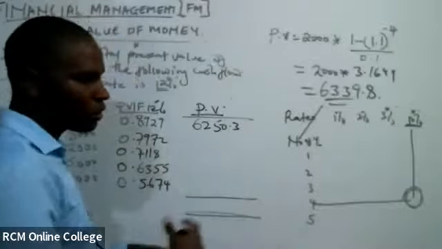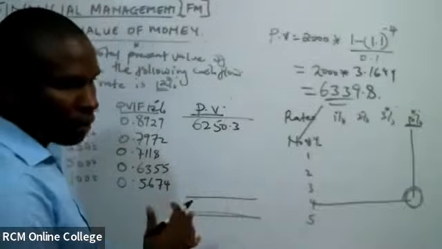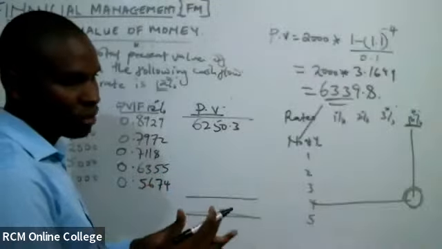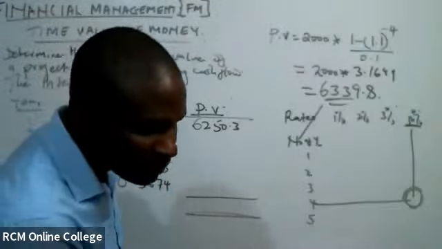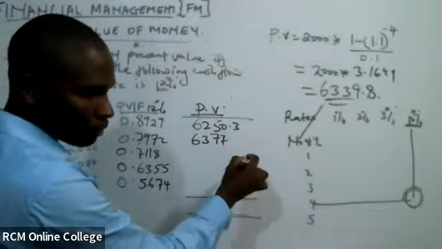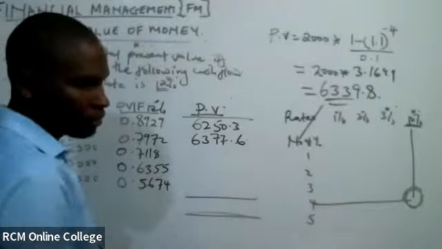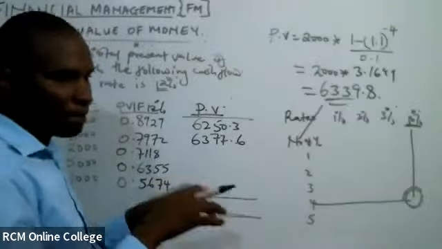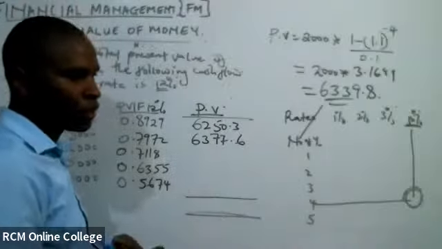Speed sasa, tuanze kuongeza speed pole pole until we get to that point where we don't even look at the calculator. 6377.6. Want to get to that point, we don't even look at the calculator, just punch your calculator without looking